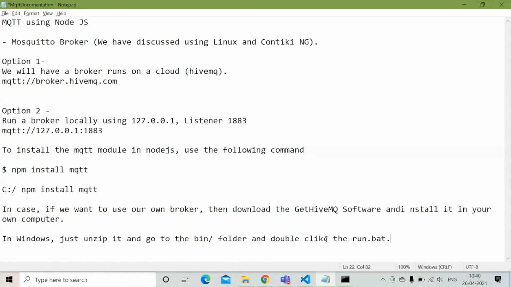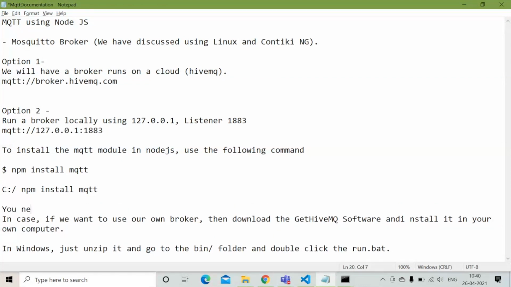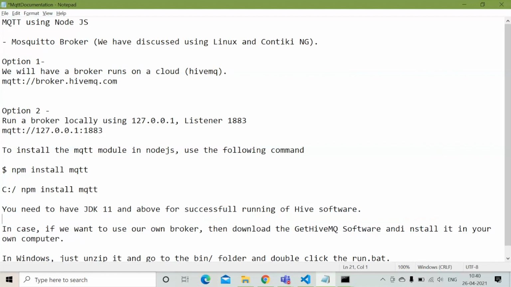The prerequisite is that you need to have JDK 11 and above for successful running of the HiveMQ software.